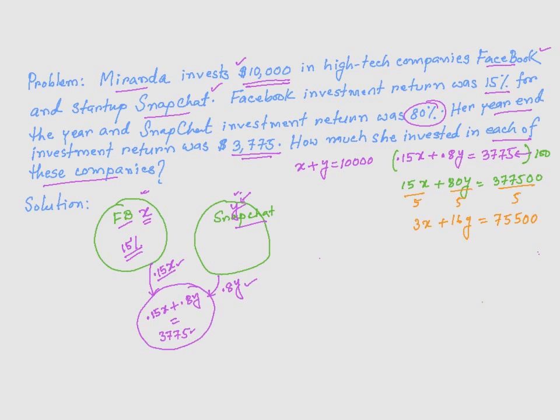So now what I can do, I can just solve for X in this equation. If I did that, I will get X is equal to 10,000 minus Y. That means I'm subtracting Y from both sides. I'm going to take this X value and plug it right in here. If I do that, I get 3 times (10,000 minus Y) plus 16Y is equal to 75500. And then it's going to be 30,000. 3 times 10,000 is 30,000 minus 3Y plus 16Y is equal to